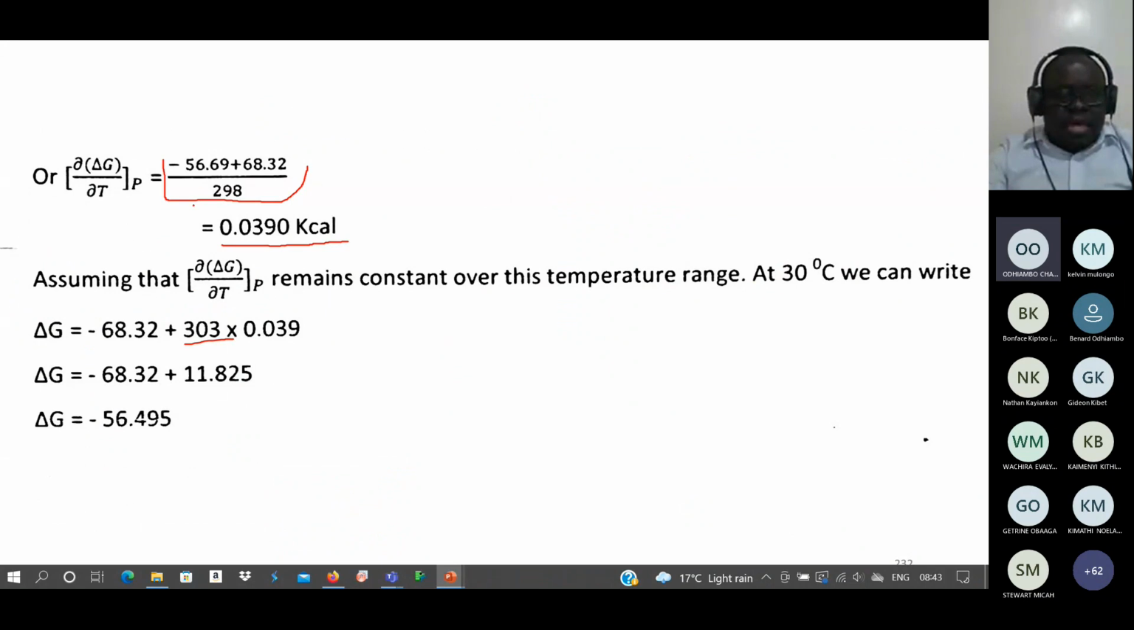So we make an assumption now that we have found the value for this change in delta G with temperature. We are moving from 25 to 30 degrees Celsius. We are assuming that the change in delta G with temperature at constant P remains constant over this temperature range from 25 to 30. At 30 degrees Celsius, we can write delta G is given by,